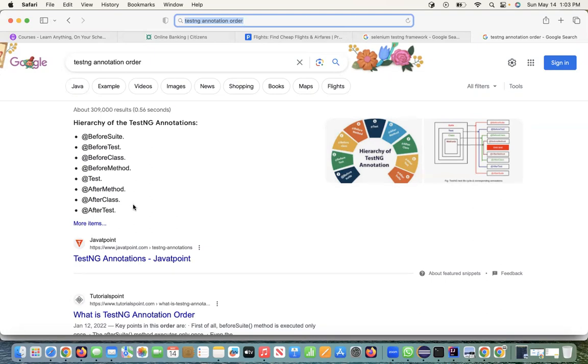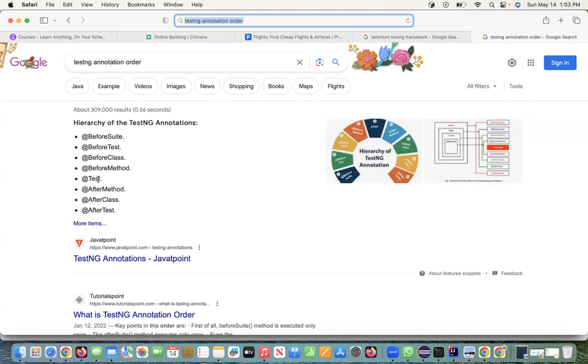Then if you use all these, like 1, 2, 3, 4, and 5, there are 5 types of blocks you will be using for TestNG. And this is the test. This is the main test you are doing. But if you have anything dependent, for example, you are testing a browser, you are testing on the Chrome browser,